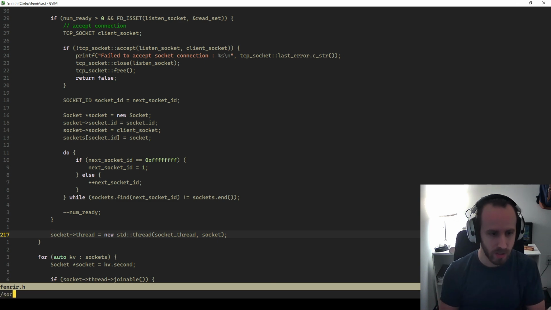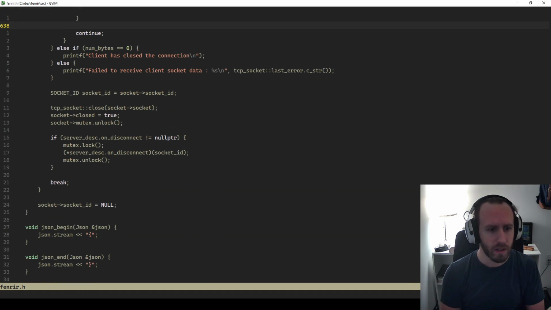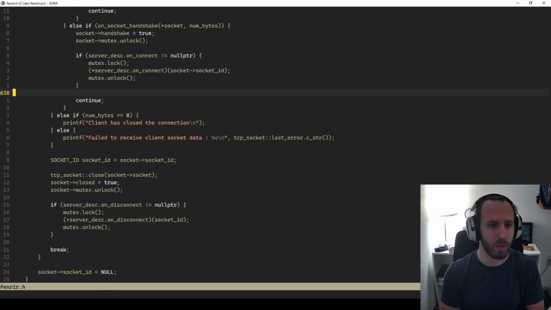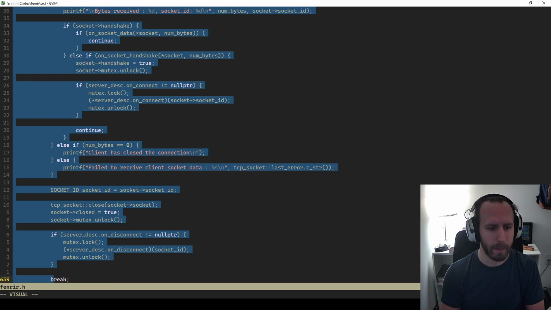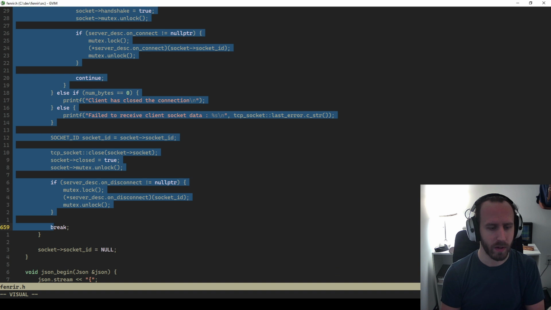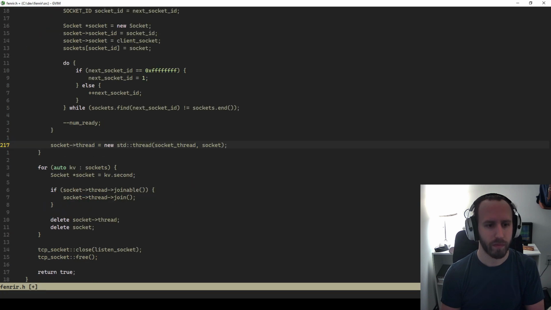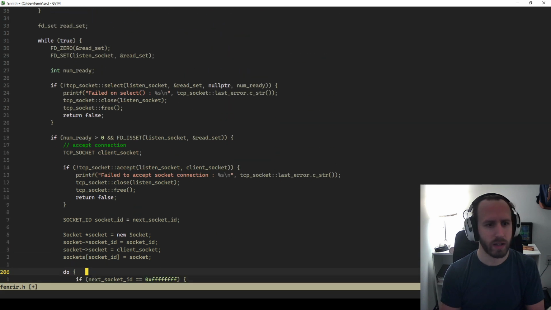Well, if we go to the socket thread, this is what we're doing, right? We're just waiting to receive data. This is now going to be moved out. Yeah, this is going to be moved to here. So what we do now is if this socket is set, then